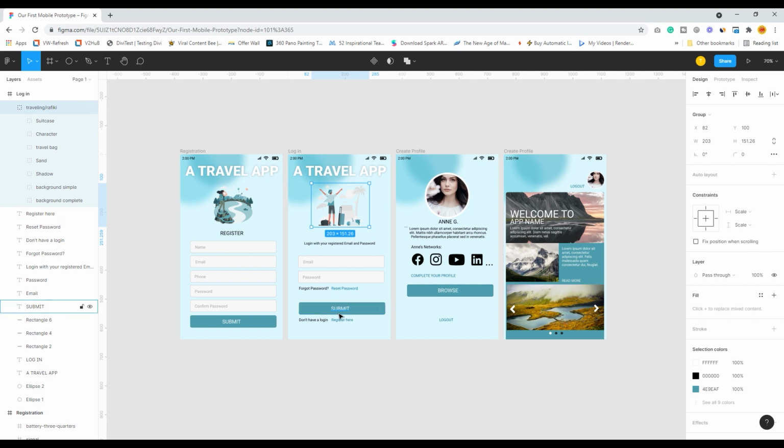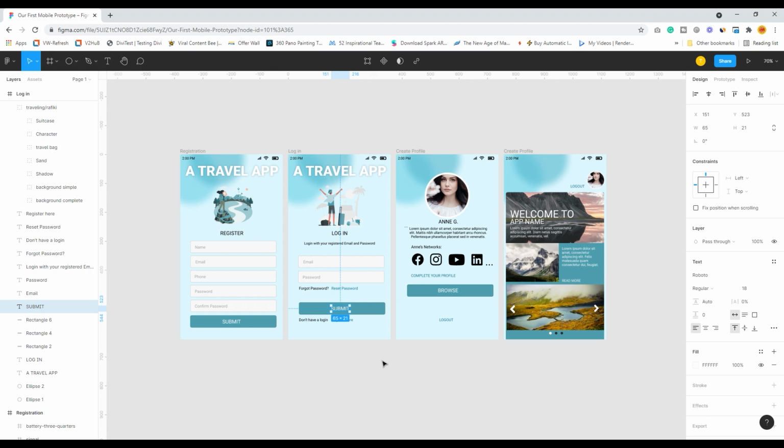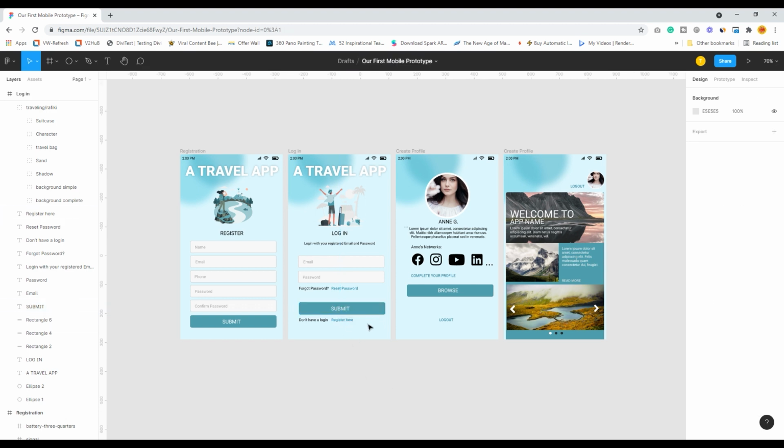So they just have to click on submit, or you can change the name to login or sign in as well. It totally depends upon what your client requires, but usually a button with a direct name works better instead of a submit. So you can have it as register or sign up over here.